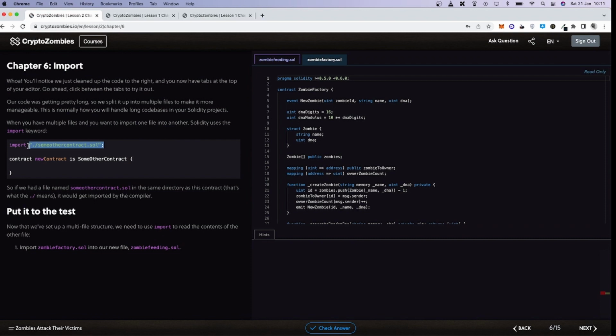You could have your code split across multiple files, but you would still be able to access other files from another file with the import statement. Okay, so if we had a file named this smart contract in the same directory as this contract, that's what the dot slash means. In case you did not know, the dot slash is simply a